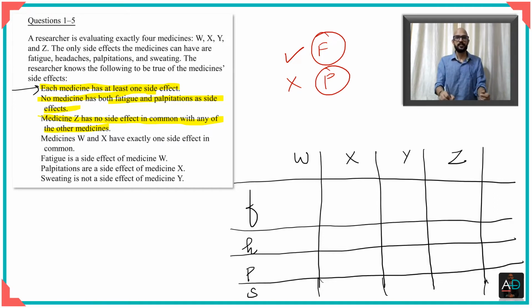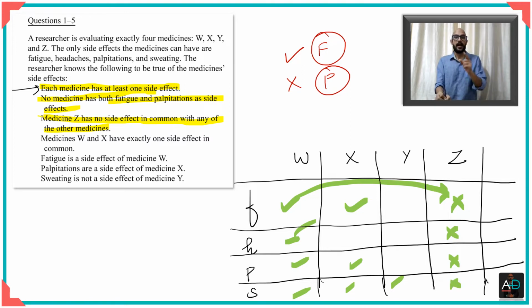What that means is, let us say if there is a tick mark here, in any of these anywhere, then a tick mark here will imply that there will be a cross here. If there's a tick mark here, it means there will be a cross here. And you know that Z should have at least one, because everything has at least one side effect, which means